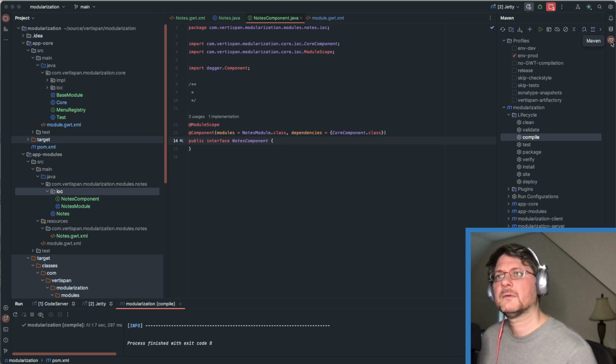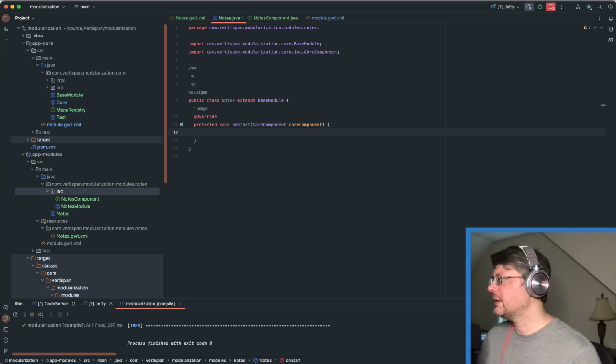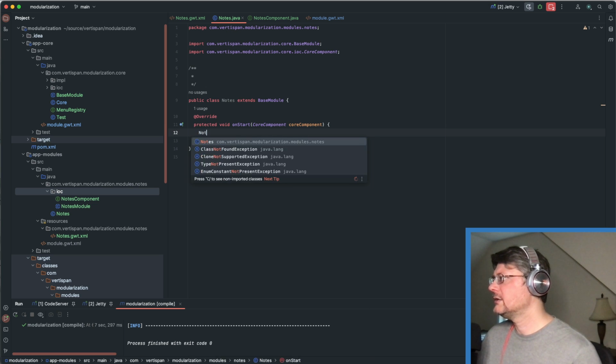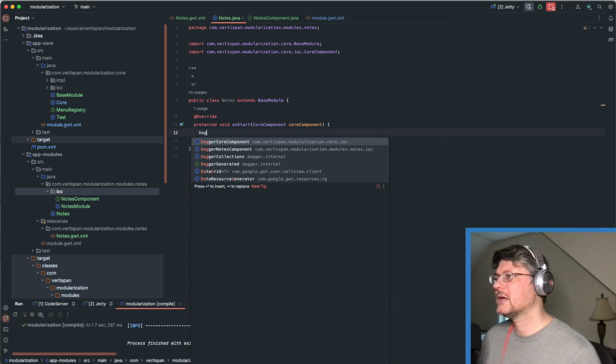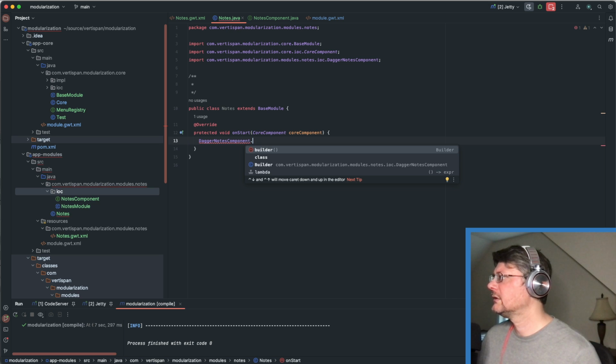All right, that worked. So under the notes entry point here, we have a notes component, or Dagger notes component